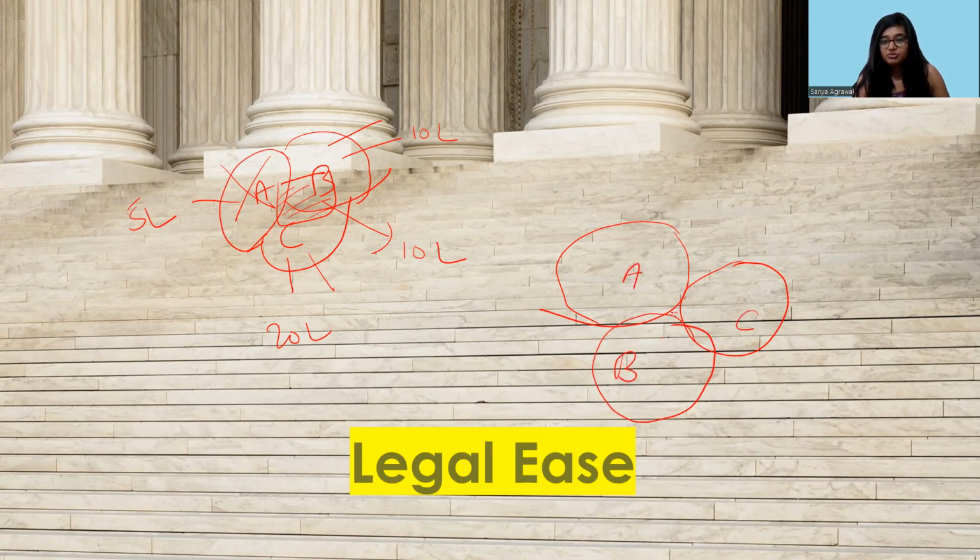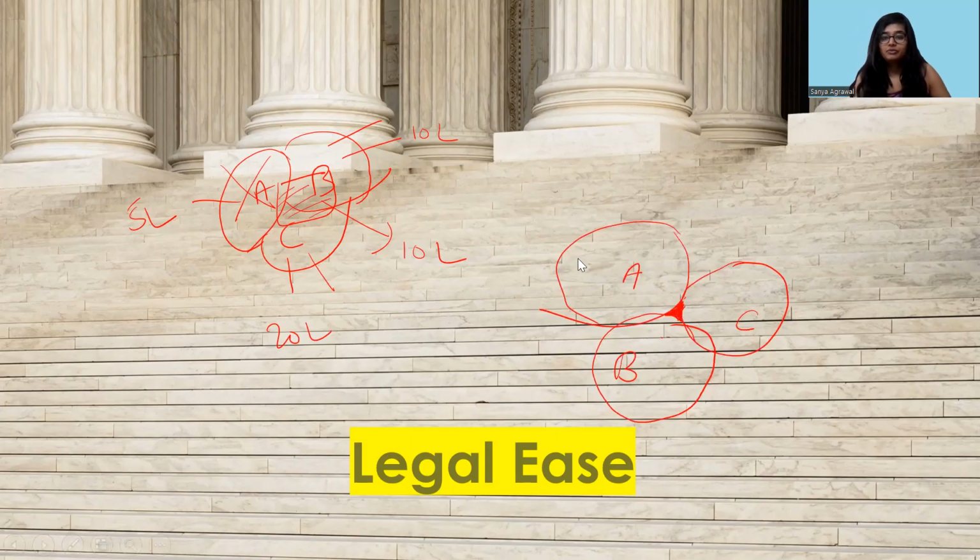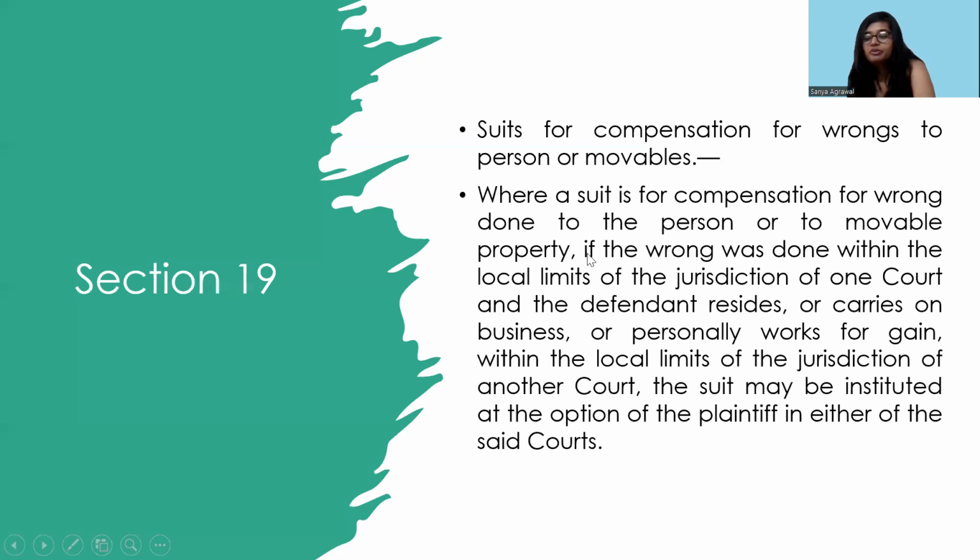Now a property is situated in this part, and this part does not come under the jurisdiction of any of these courts. So in such a situation, if this is the property, this shaded part, then this particular property will go to the court which is adjacent to it. So any court which is closer to this particular property can have jurisdiction, provided that if you are going to court A, then you will be